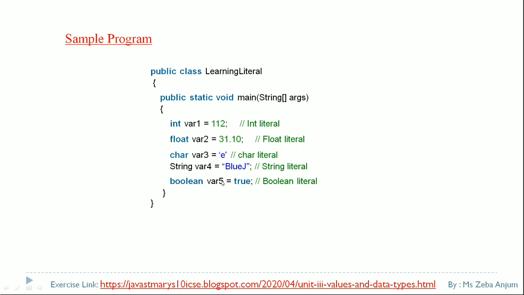these three lines also. But for an identifier, let me say overall this class, see in the first line, public class LearningLiteral. LearningLiteral is your class name and it is also a user defined variable. Yes, but instead of calling this a variable, we say this is an identifier. This LearningLiteral is actually an identifier over there. So now you can see the difference between the literals as well as the identifiers within this sample program.